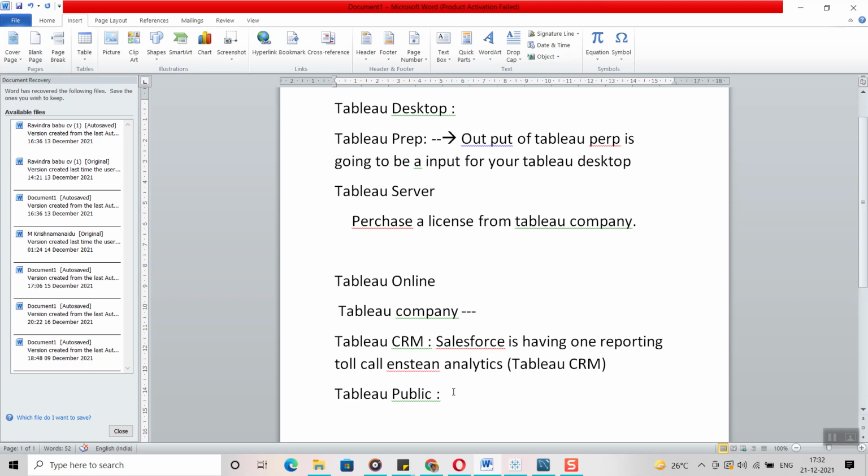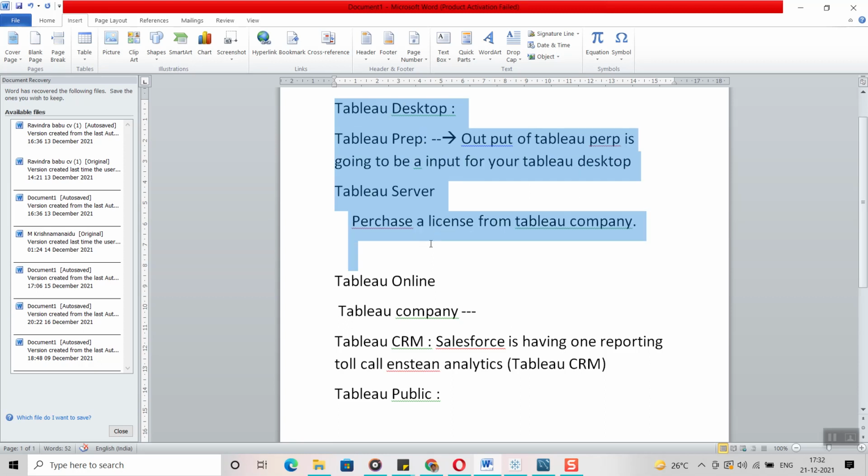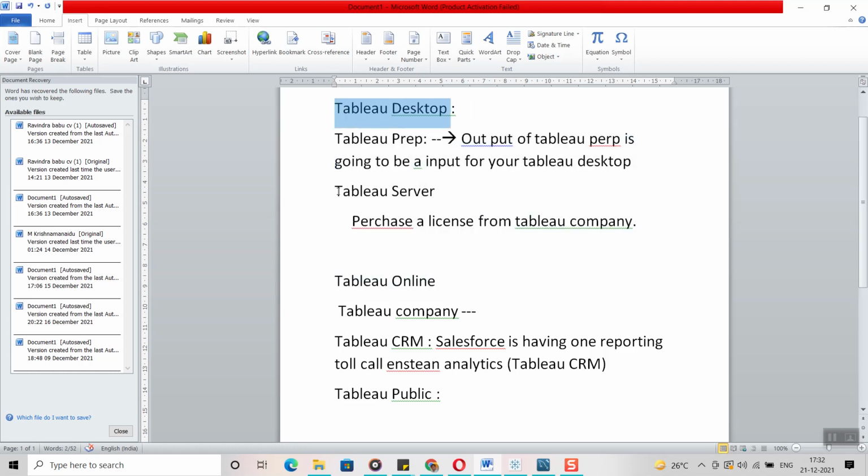Anyone can log in and see the reports you have created. That's why we go for Tableau Desktop and Tableau Server or Tableau Online. Any of these products we are going to purchase. Tableau Desktop is mandatory, and either Tableau Server or Tableau Online. In real time, you are going to see these products. And Tableau Public, no one uses it except for practice purposes. If you don't have a license, you can practice by connecting to your local files with Tableau Public.